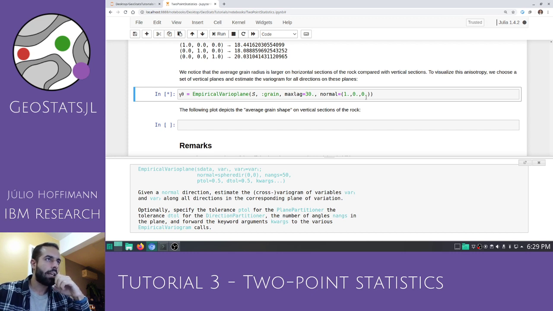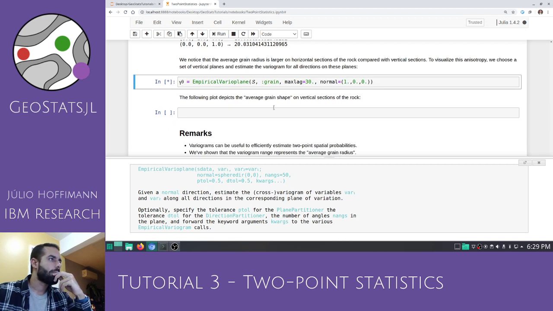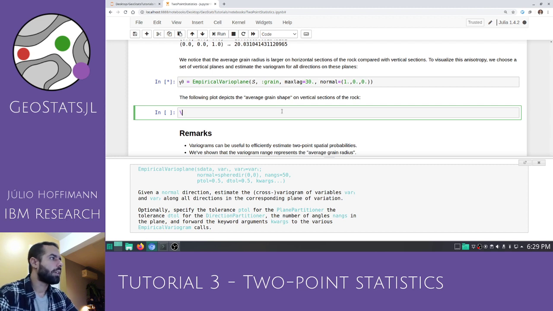This is a very computationally intensive process that's only possible because of this algorithm that we have developed for partition variograms. So while this is running, we can actually plot our empirical varioplane